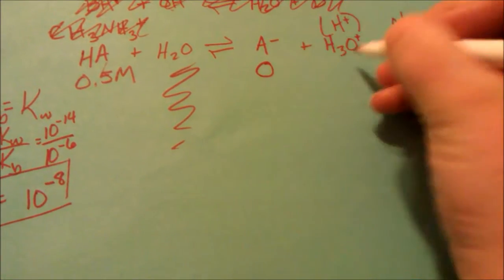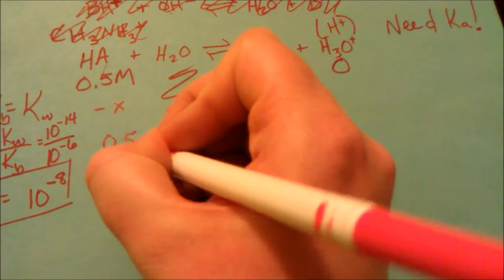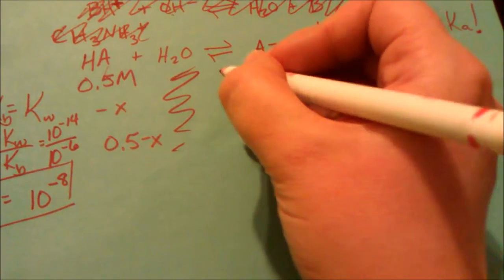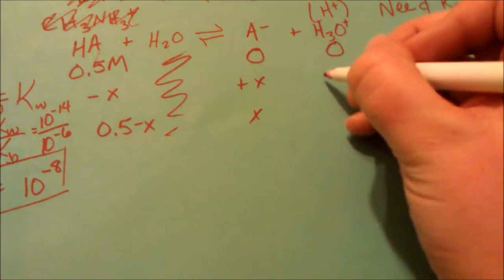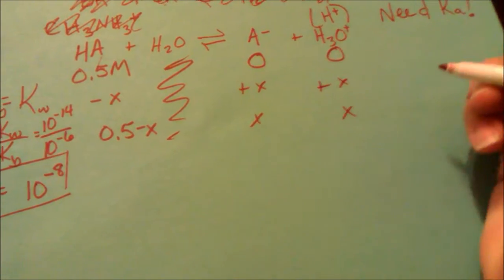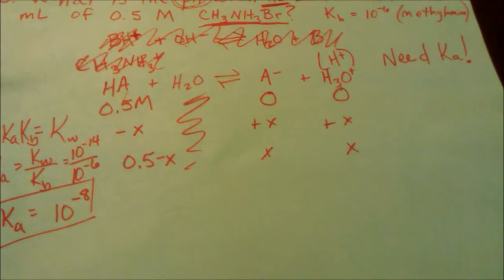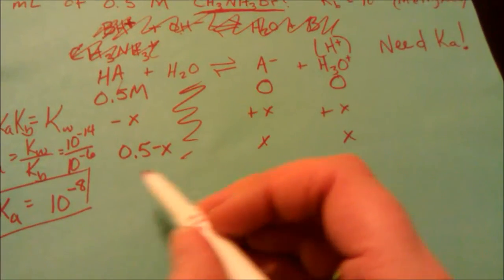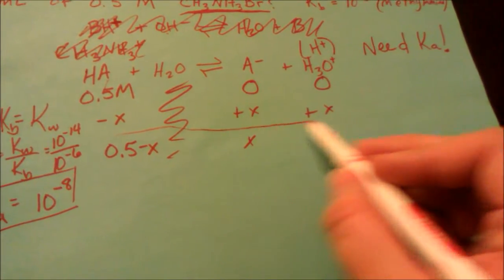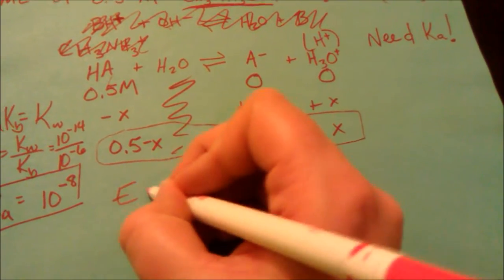I'm going to start with no conjugate base and no protons. I'm going to lose some amount of HA, and gain some amount of A minus and gain some amount of protons or hydronium ions. Again, same thing. This is my RICE table, and I know that these are my equilibrium concentrations, which means these are what I can plug into my equilibrium constant